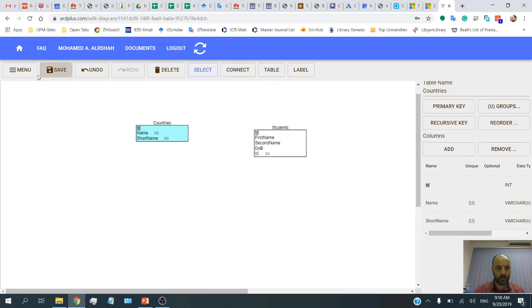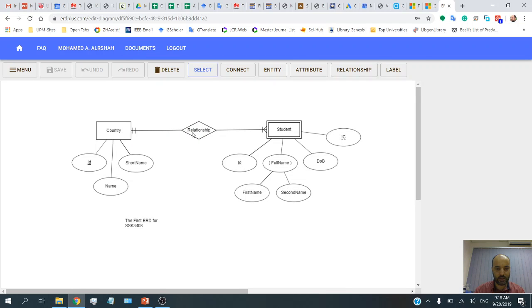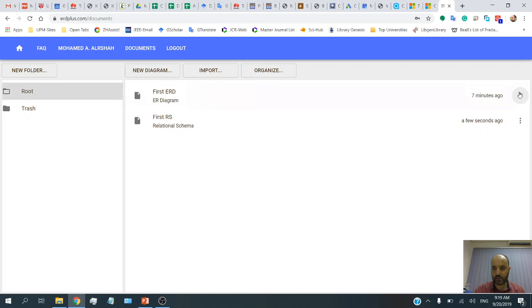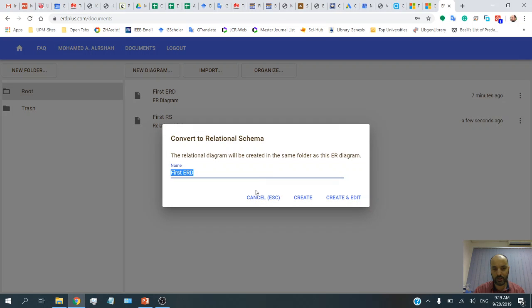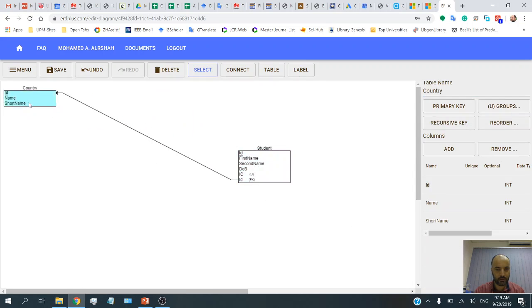One thing we have missed. When we convert this diagram, the relation is not converted. I don't know why, but anyway, we can check again. So let us convert to relational. Let us make any name, test. Okay, yeah, the relation is here, but I don't know why in our diagram it is already deleted, maybe. Okay, anyway,